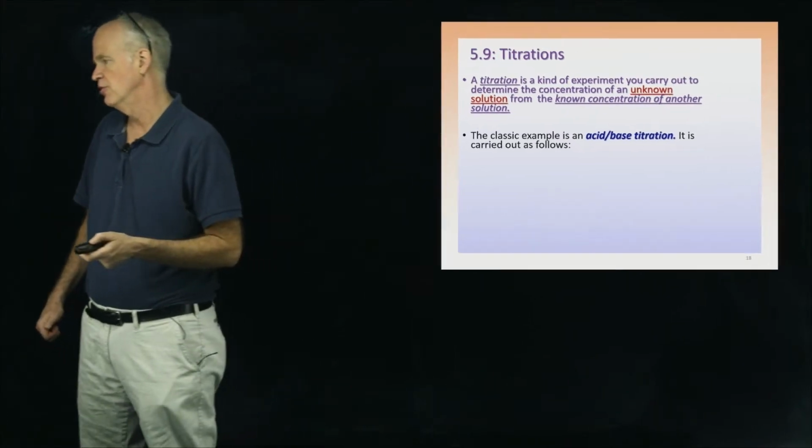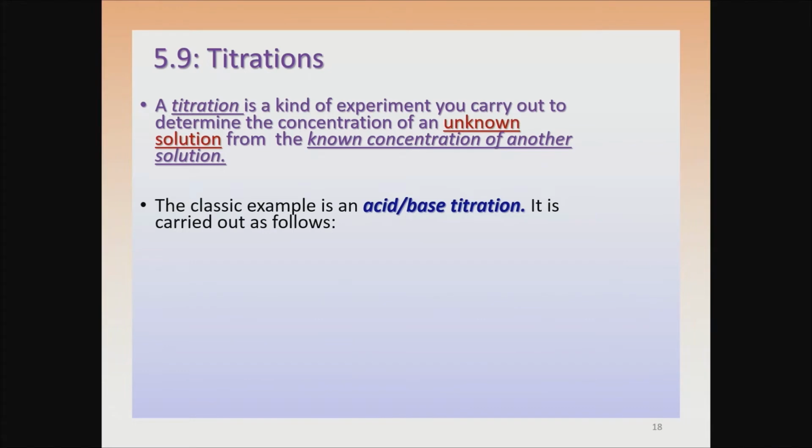So I'm going to go over here to the computer and talk a little bit about what a titration experiment is. The goal of a titration experiment is to determine the concentration of some kind of solution. The way you figure out its concentration is by adding to it another solution of known concentration. Then you can follow a particular parameter, and you'll get some information that can be used in a calculation